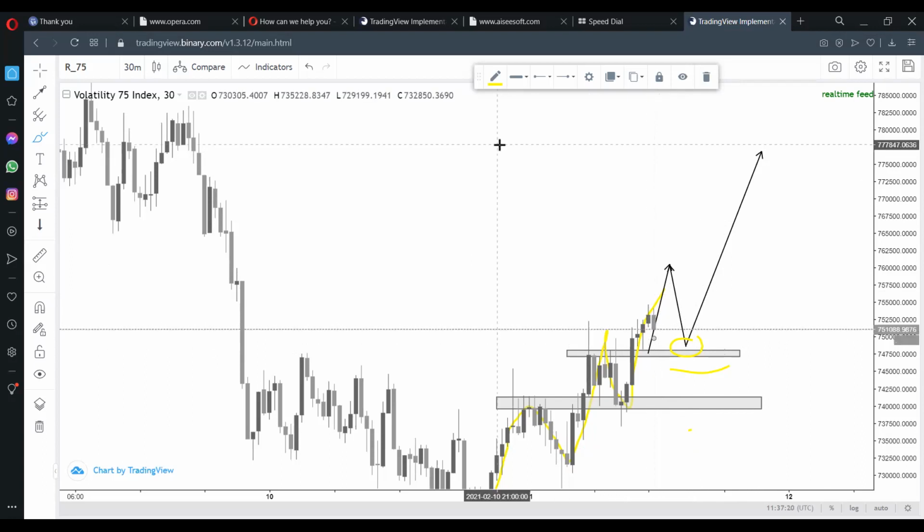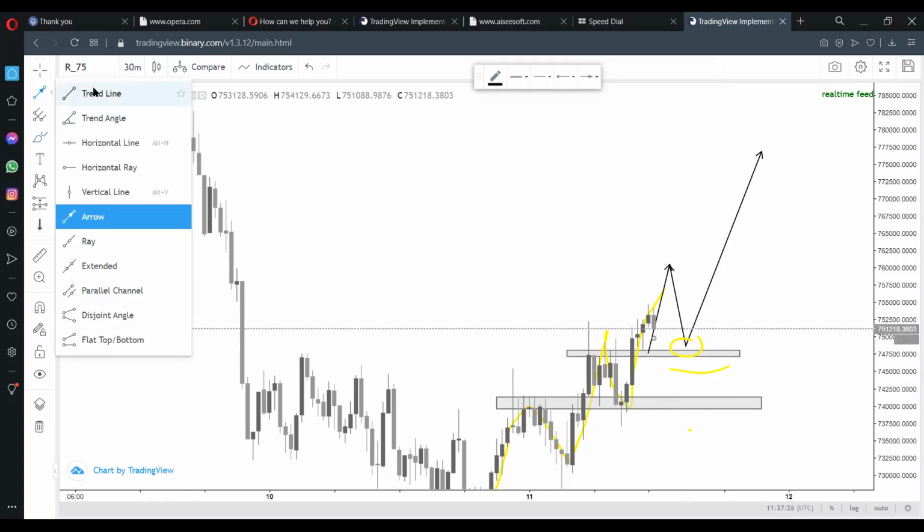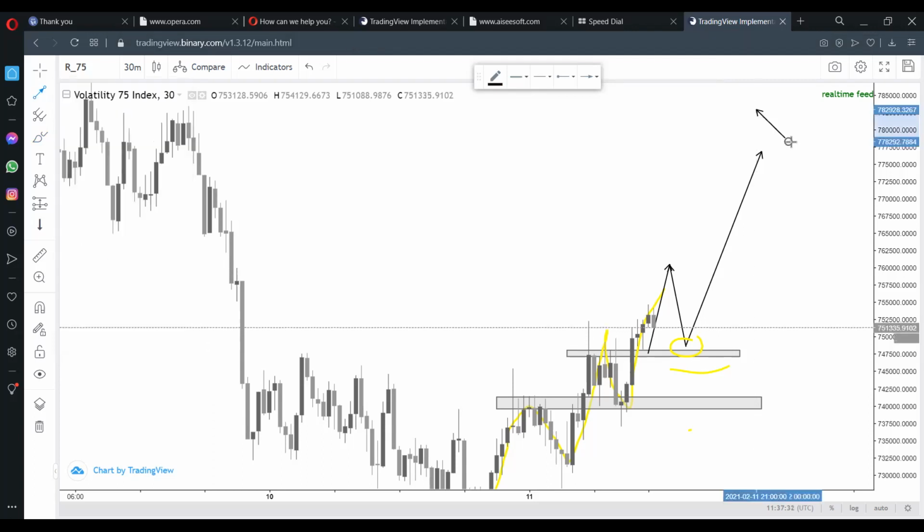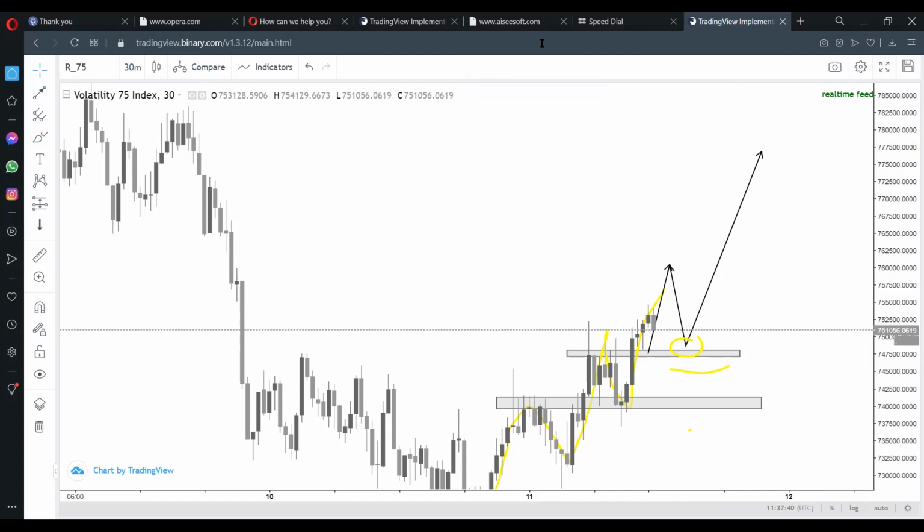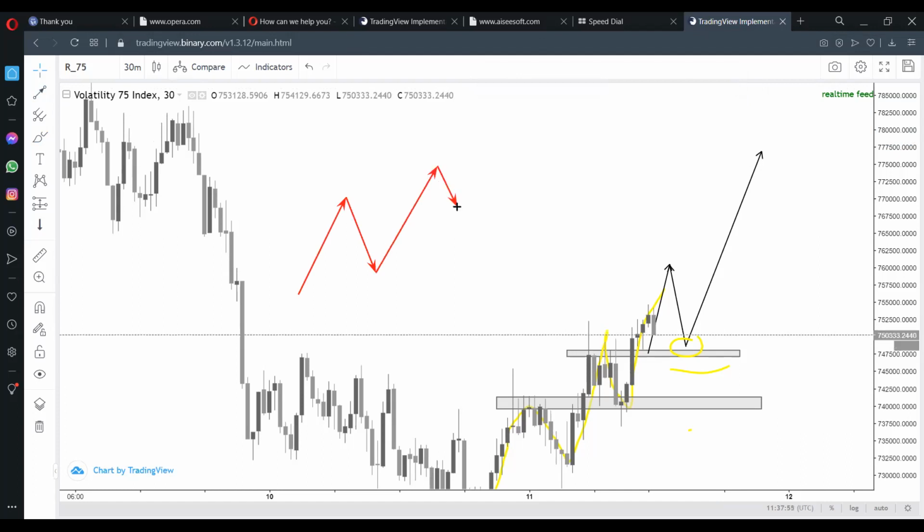Before we close, let me give you this. Let's say you open your chart and you saw something like this. Price pushing up like this. Before you can place,